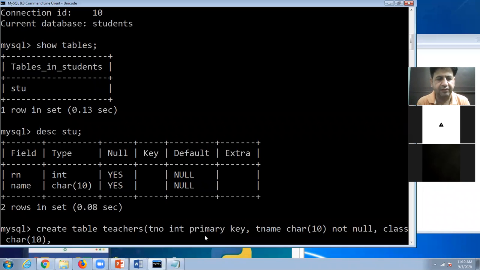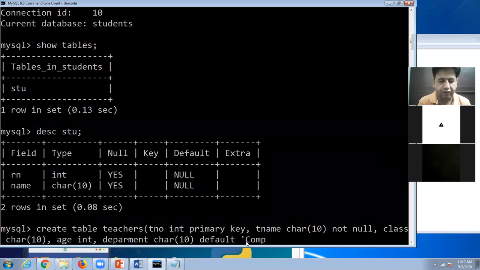Suppose I take here another field, age, and age I take as integer, and after that I take a department, and I take here character 10, and suppose the default department is computer. Default means if you do not give a value to the department, it automatically picks computer.